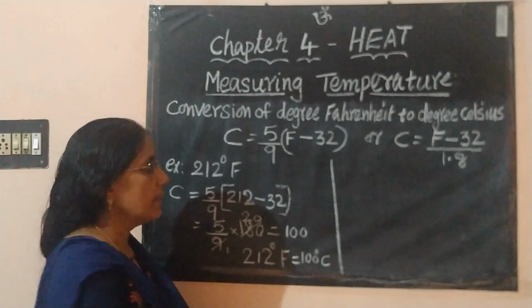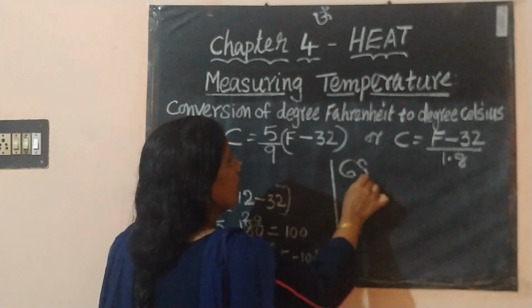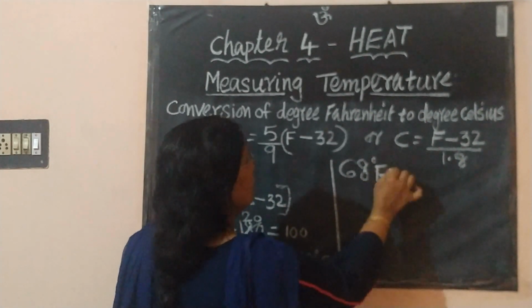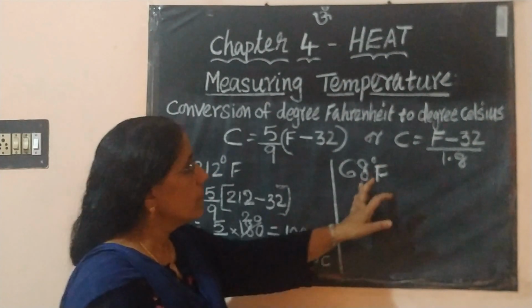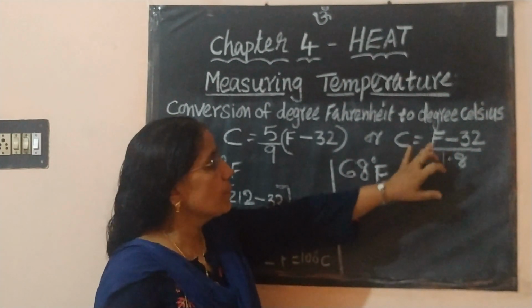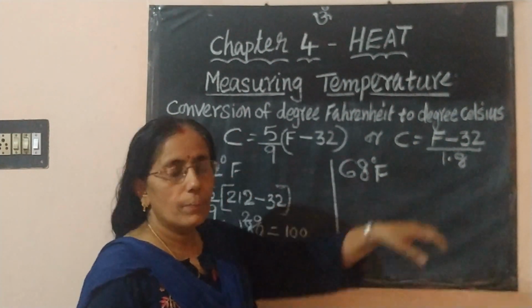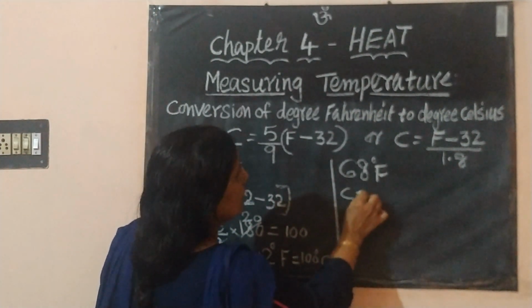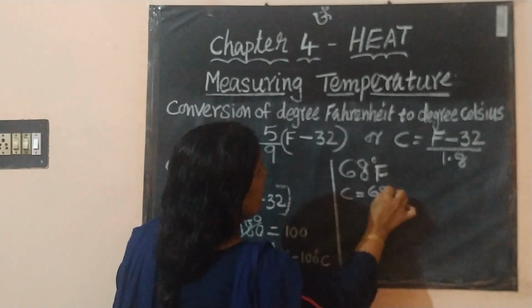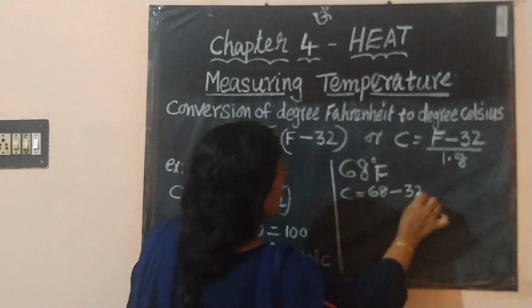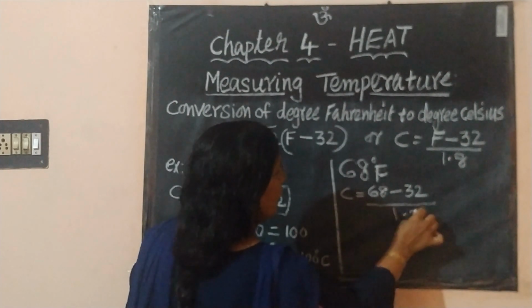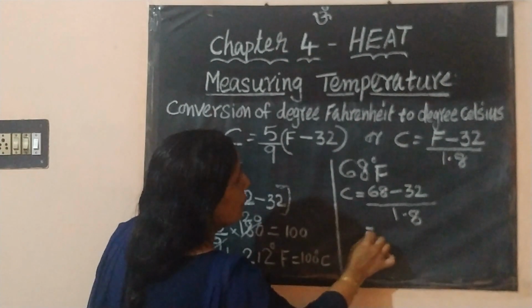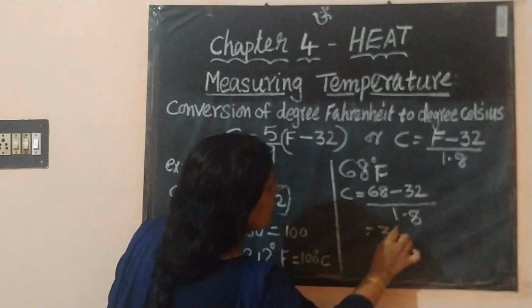Now let's take another example, 68 degree Fahrenheit. To solve this, we will use this formula, C is equal to F minus 32 by 1.8. By substituting the value of F, C is equal to 68 minus 32 upon 1.8, which is equal to 36 upon